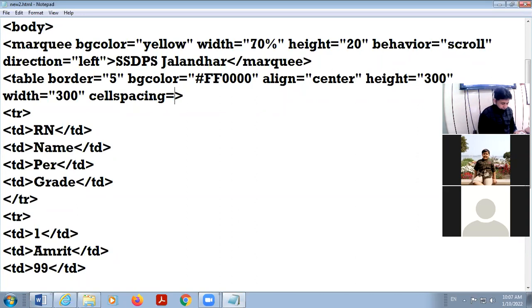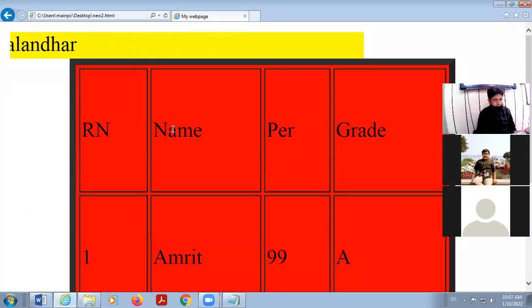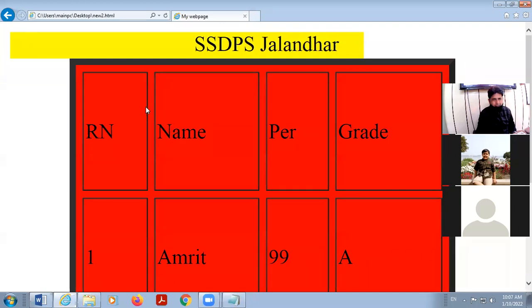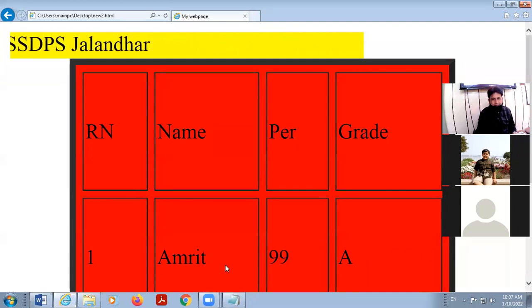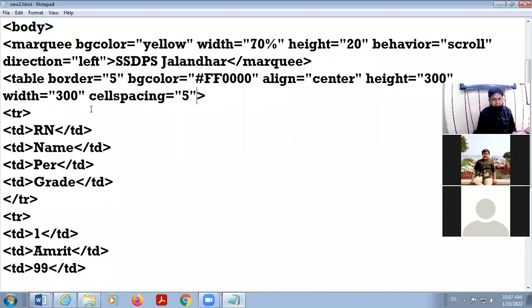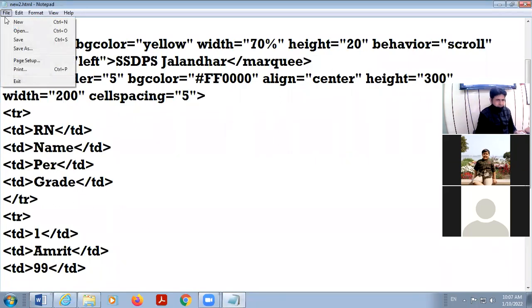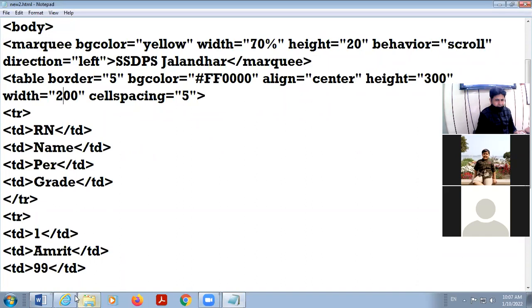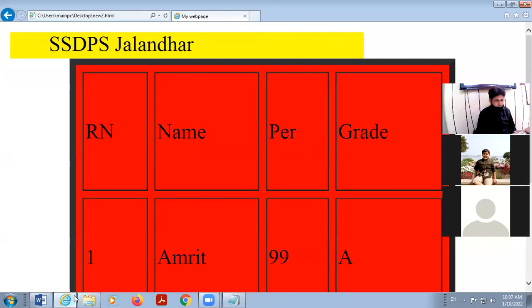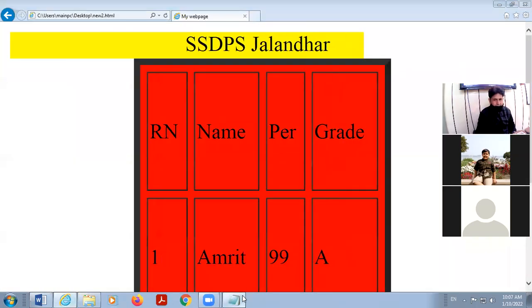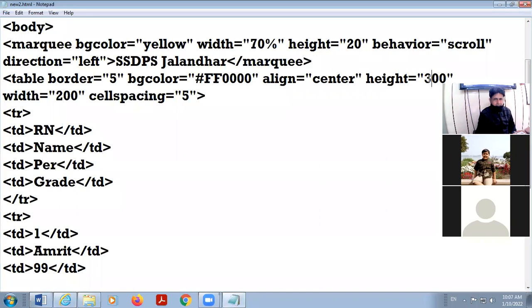Cell spacing equal to, I'm taking here 5 pixels. So observe the change. Gap between the cells. Okay, I'm increasing it. I'm also reducing the width. Width is too much. Okay, save it. And I'm also decreasing the height.